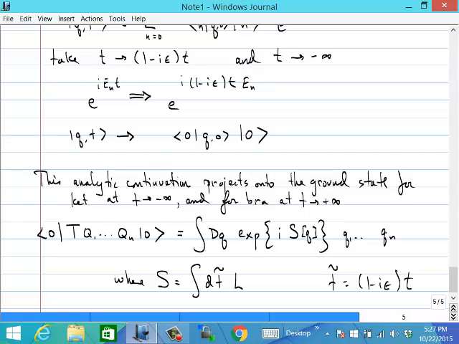So all of this might appear a little bit formal at first. Okay? If this appears a little strange to you, I don't want you to worry about it too much at this point. This procedure that we're doing here, adding a little small imaginary part t proportional to epsilon and using that to project onto the ground state, in fact, is very closely related to something that we've already done in this